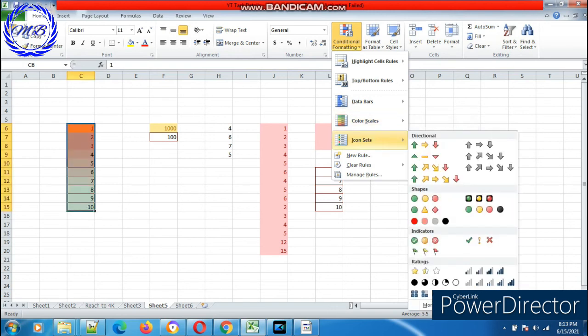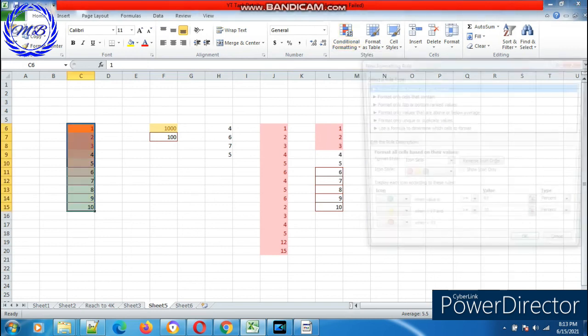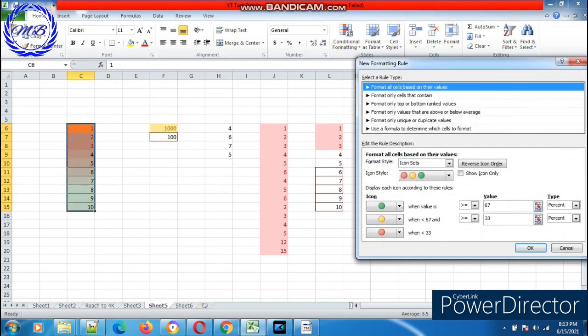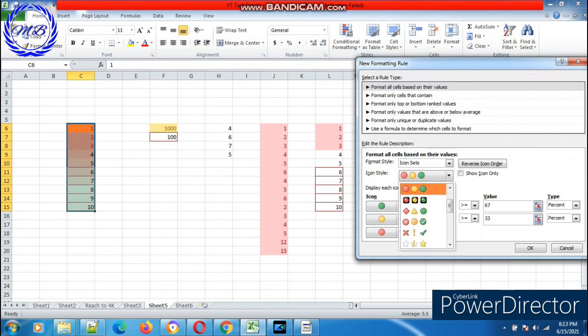Now next comes icon sets. Icon set is similar to the color scales, but rather than color, it will mark arrows against them. Here in this set, red arrow is being used for minimum values, yellow is being used for average values, and green is for higher values. So these are different sets you can explore. These are different values. More rules. Again, you can define rules based on what icon set you want to select, and all these things, right?